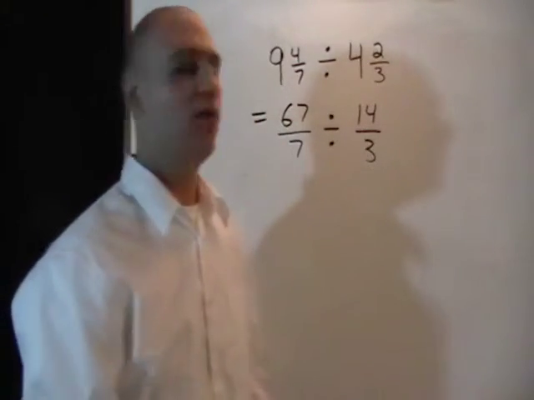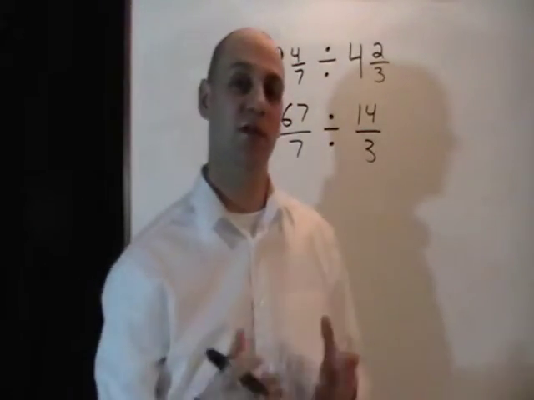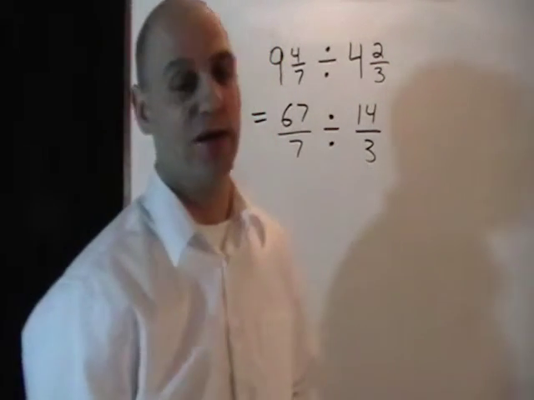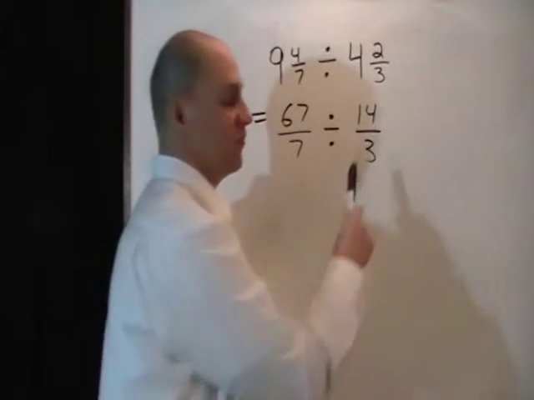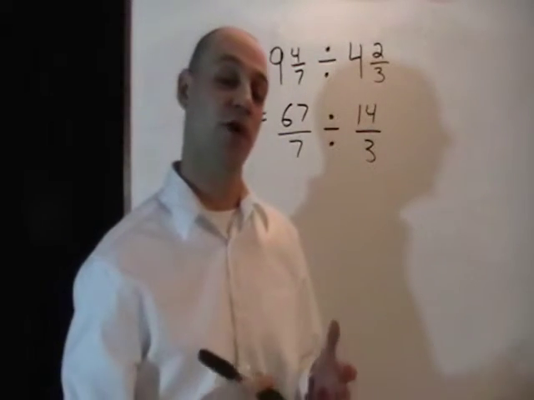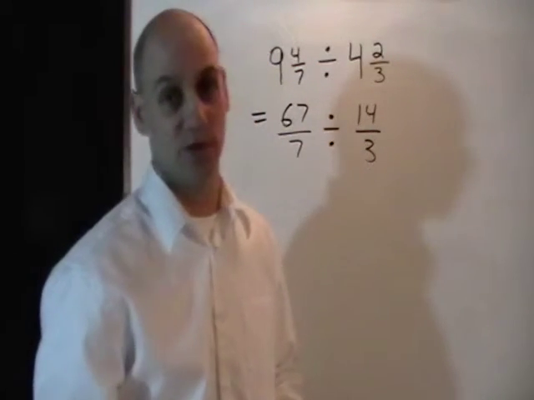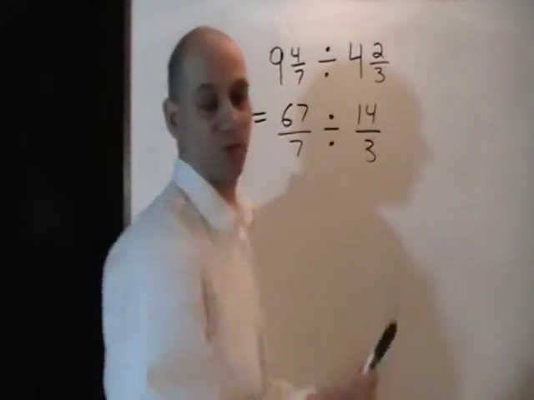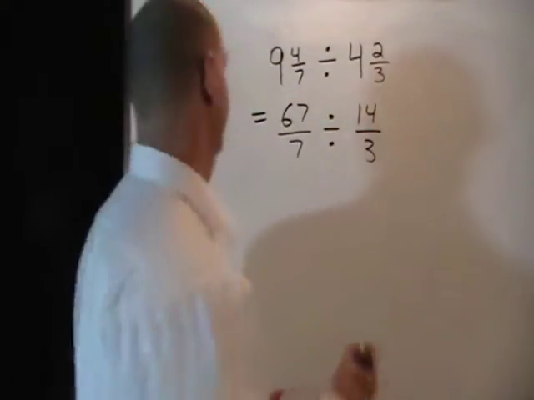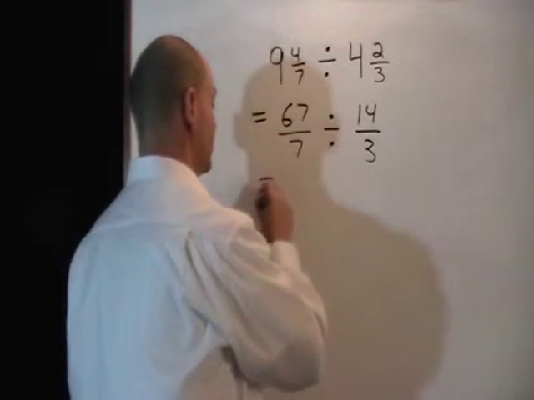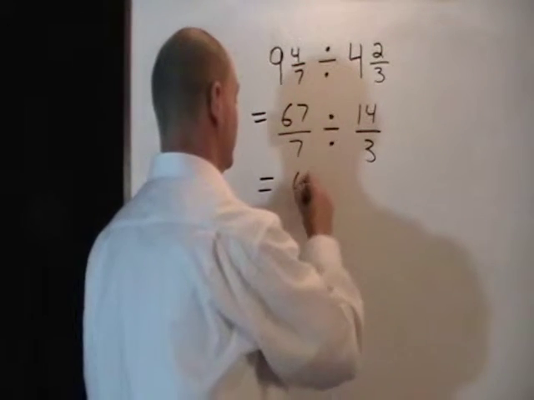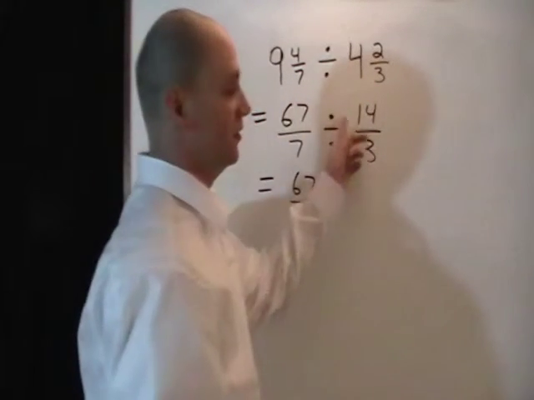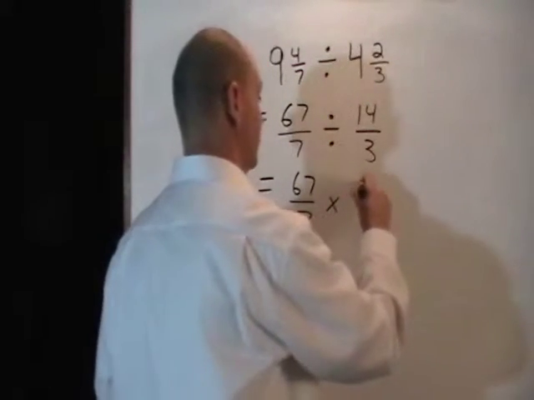Now at this point here, the only real difference between division and multiplication is with division we have one extra step. And that is, instead of dividing by 14 over 3, we're going to actually multiply by the reciprocal of 14 over 3, which means we're going to flip this and put the 3 on top and the 14 on the bottom. So this whole expression is going to be equivalent to 67 over 7 multiplied by, flip this around,